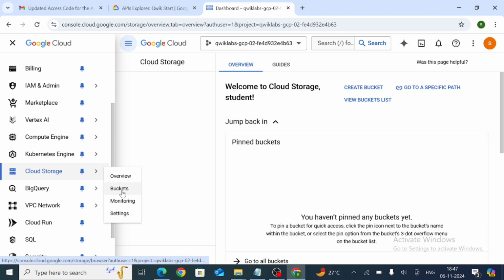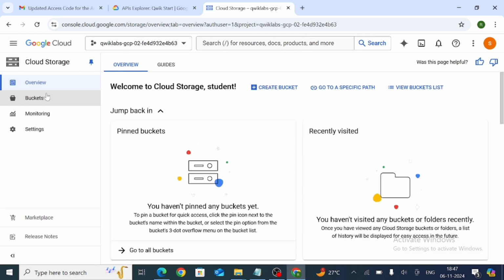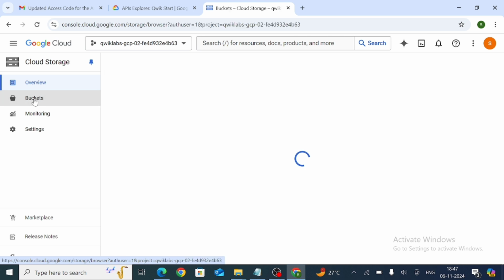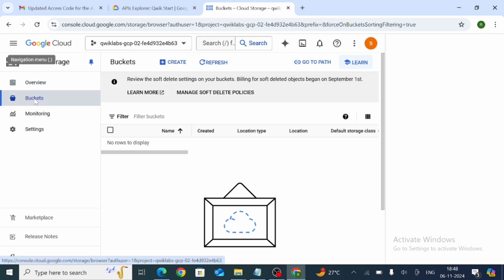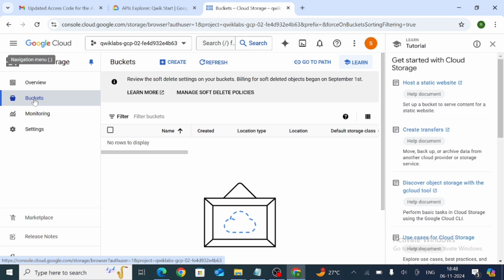Now here click on Buckets. Here is Buckets, so click on it. Now click on create.